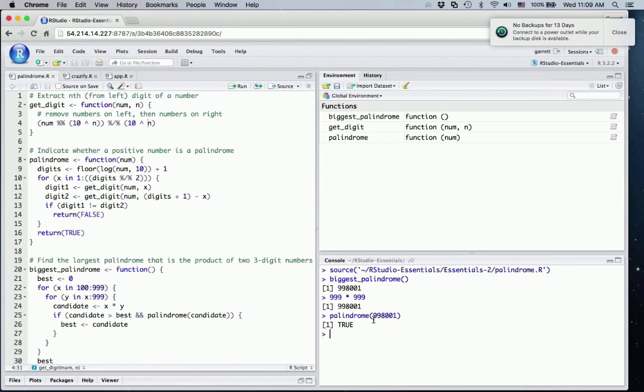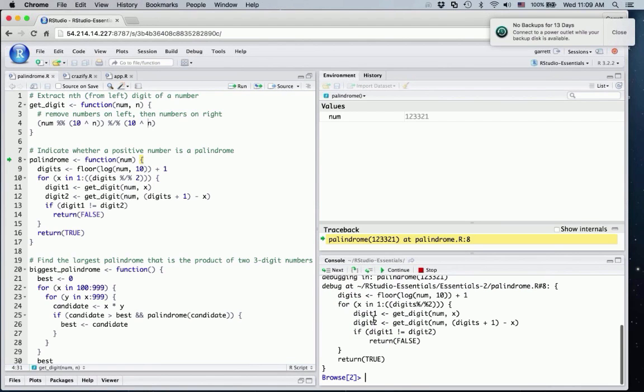So I'm going to start by trying to debug the palindrome function, and I'm going to use the debugonce function on it. The way you use debugonce is you call it on the name of a function you want to debug, and then the next time you run that function, RStudio will open the debugger mode to help you examine the function. So let's give palindrome a number that actually is a palindrome. So 123, forward and backwards, that's the same number. When I run the function, instead of just executing it and giving me back the answer, RStudio has opened a